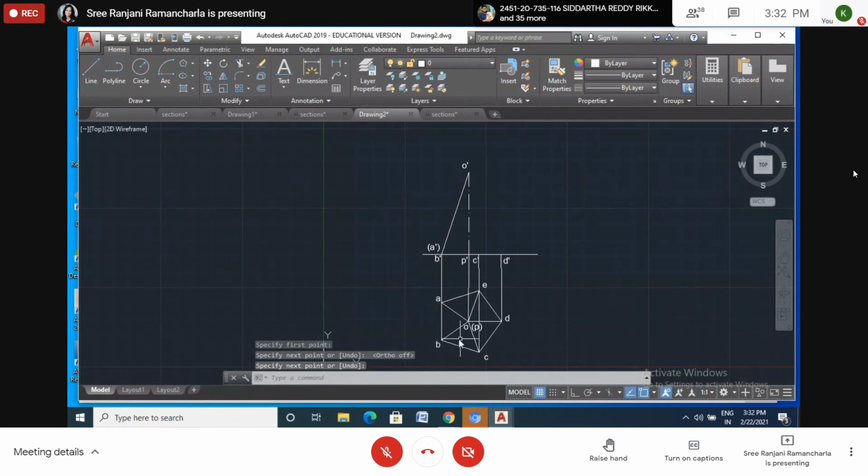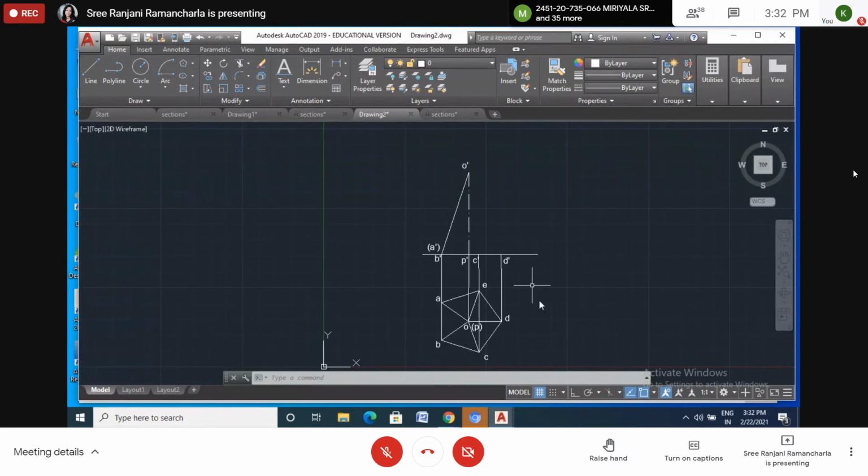AO I have drawn. Then what about BO? BO will be on the same line only. When you draw BO also, B is there and O is there, so these two lines will be coincident. So no need to draw here. Understood? Why have we drawn here? Because we need to select the base. Suppose the total solid is somewhat inclined, if I draw some inclination like this, we need to select this one. So we have drawn another line. If we don't draw the other line, this whole line will be selected. So here there is no need of drawing another line.